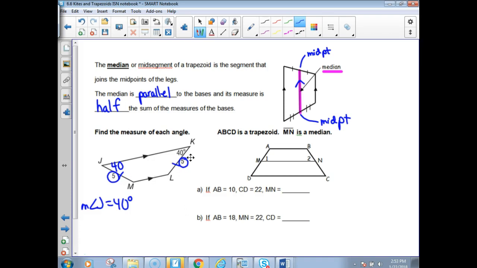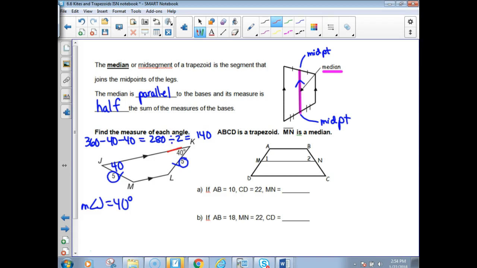What do the four angles add up to in a quadrilateral? 360. So you could do 360 minus 40 minus 40, which would leave you with 280. And then you'd have to share it between those two congruent angles. So if you do 280 divided by 2, you would get 140. Now, it's not the only way to get it. But I'm comfortable with you doing it that way, but I really would think it would be easier if you